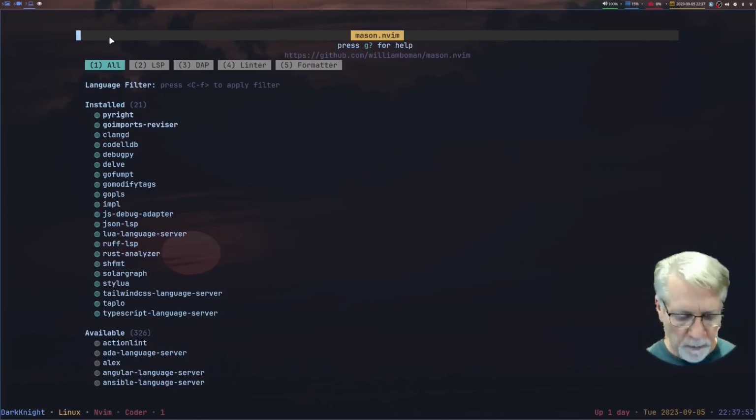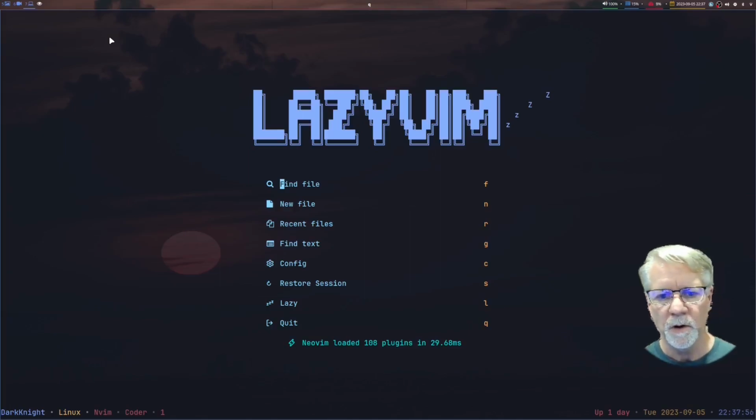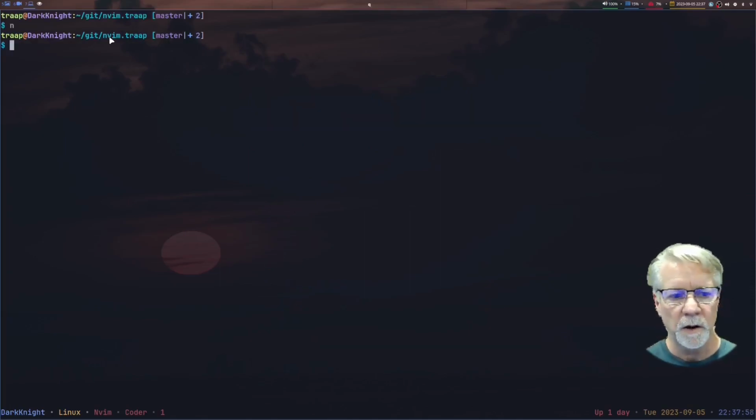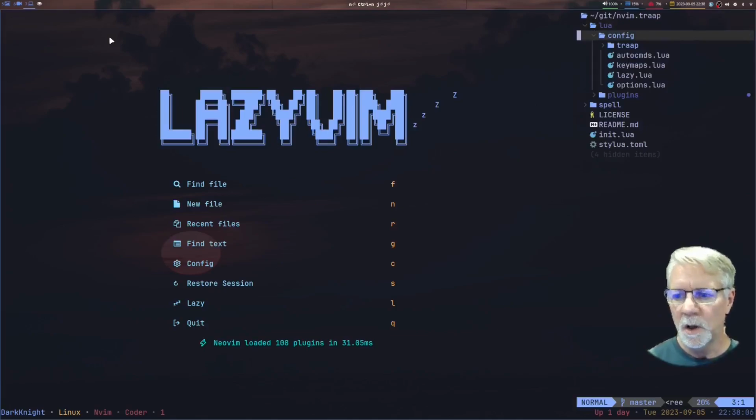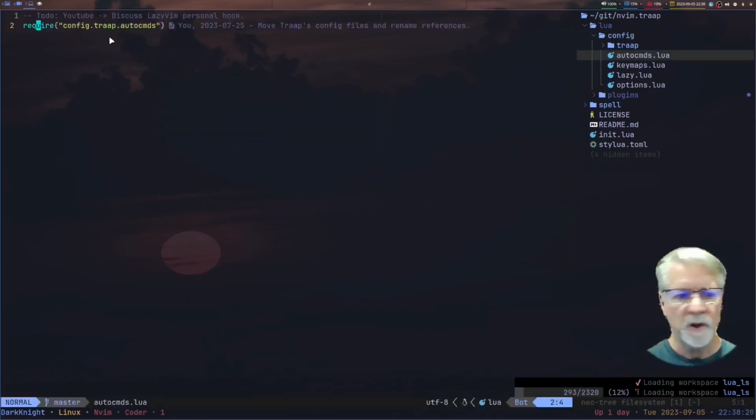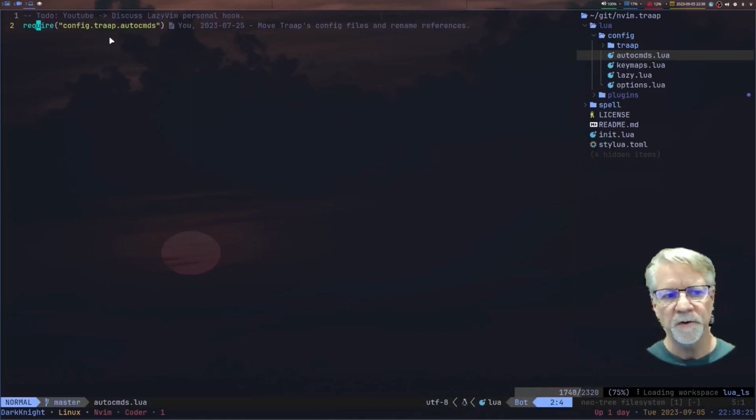So to wrap up, we're just going to take a quick look. We'll go back to Neovim, we'll start over, and we're just going to bring up the NVim tree. So remember, LazyVim looks in a Lua config for 4 files, and it will load those 4 files. You do not explicitly load those files. So if you have an autocommands file and you want to use my stuff, modify your auto vim configuration to include config.traap.autocommands, and then that file is loaded,